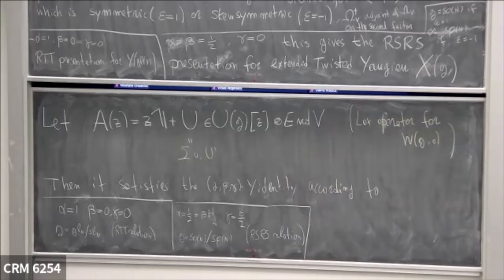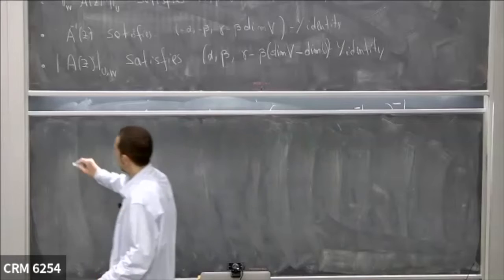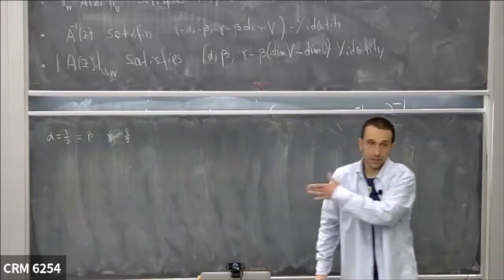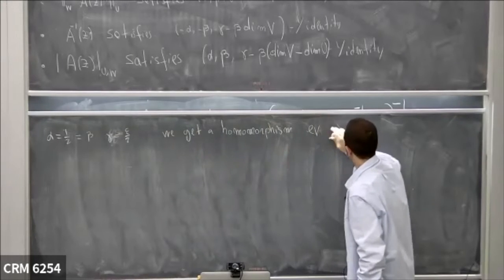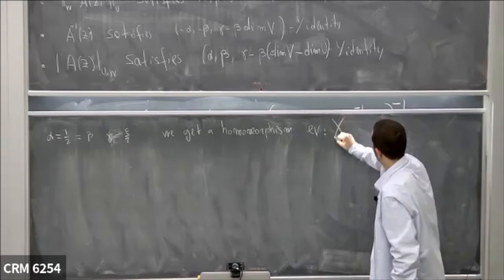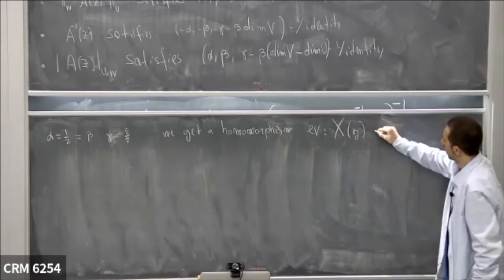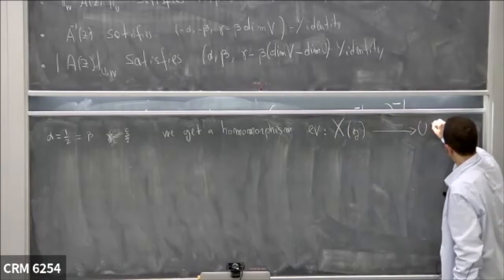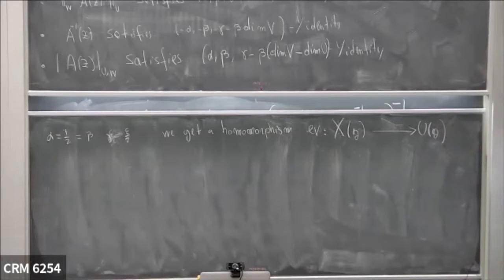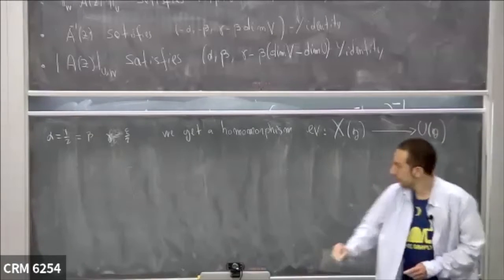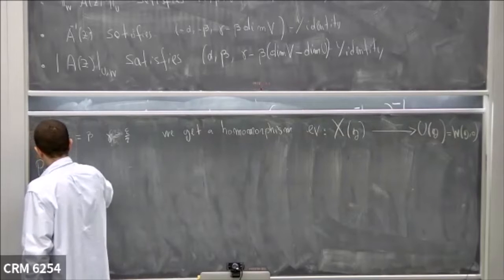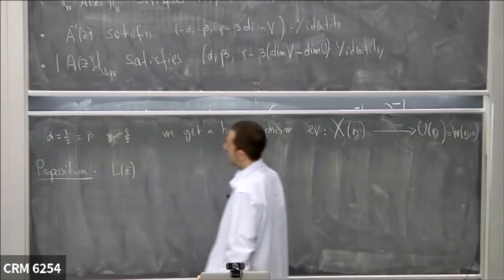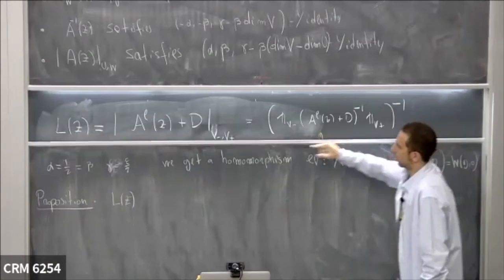Yeah, basically two cases. And actually when beta is, so in the second case, I already have discussed the first case. So in this case, we get a homomorphism. And this is also called the evaluation map from the extended twisted Yangian to the universal enveloping algebra. So now let's try to replace this universal enveloping algebra, which is kind of our basic case, with an arbitrary nilpotent. And maybe I can say the proposition is that now this L of Z, the Lax operator, I remind you, is this operator,